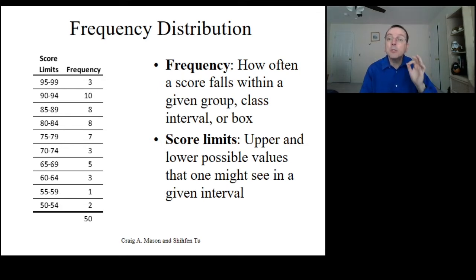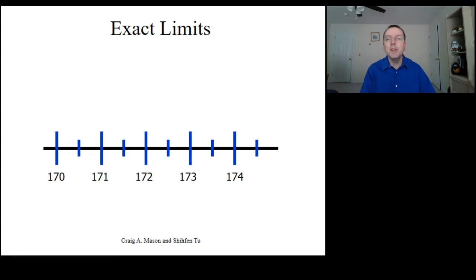To do this, we also need to keep track of what are called exact limits. Now, let's spend a couple minutes on this point. For a continuous variable like height, score limits are the limits based on our reported values or our rounded values that we're using. If I report my height in whole centimeters, the score limits would be based on values like 172, 173, or 174 centimeters. But my true height, of course, is almost certainly some fractional value in between those whole numbers. And that's where exact limits come into play.